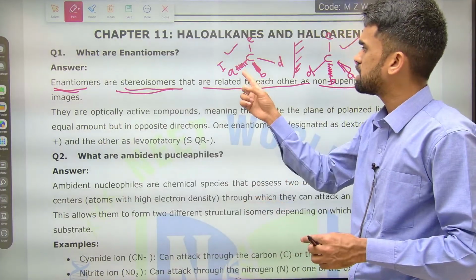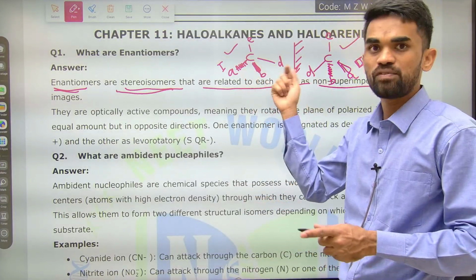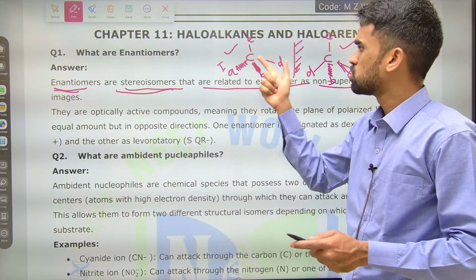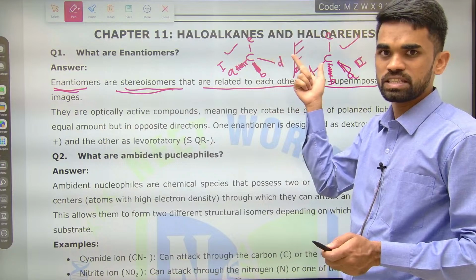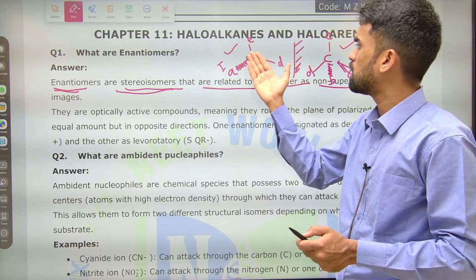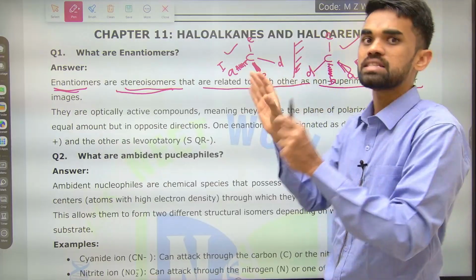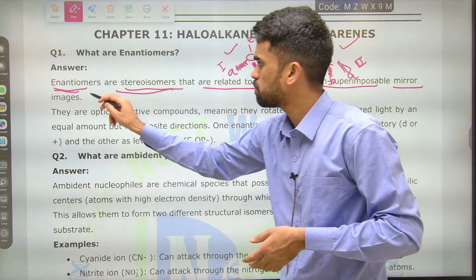See, they just differ in the spatial arrangement of atoms. One is below the plane, here above the plane. So this spatial arrangement differs in these two molecules. Now one molecule will not superimpose on the other, so they should be called enantiomers. I hope you got the clarity